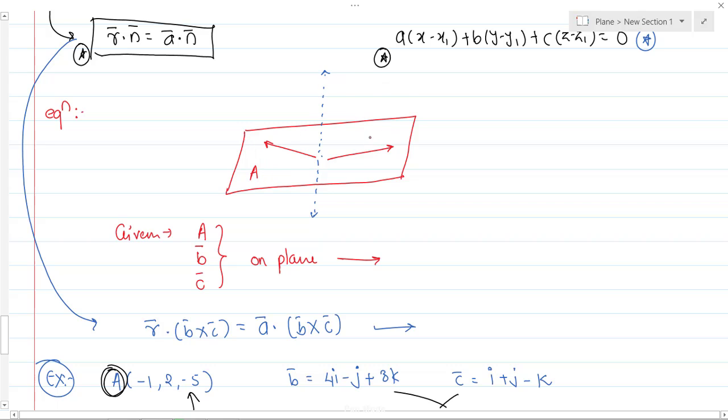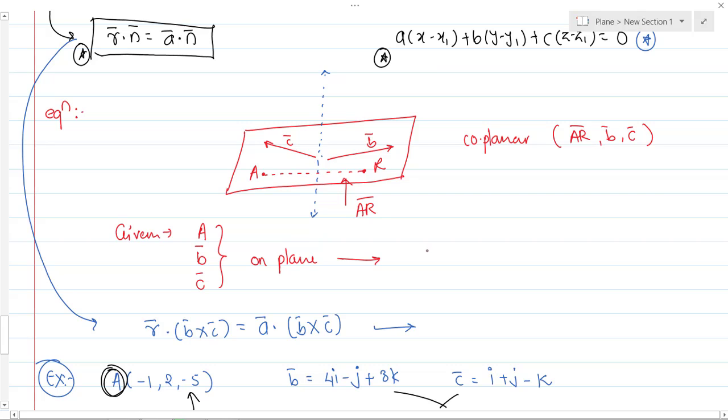So ये हो गया मेरा b bar, c bar and a. So this is my c bar, this is my b bar. Okay, let's take any general point R on the plane. Suppose we have the segment AR, so it will be AR bar. Now tell me, this AR bar, b bar and c bar are lying on the same plane. So can I say they are coplanar vectors? They are the coplanar vectors. So coplanar vectors are what? AR bar, b bar and c bar.